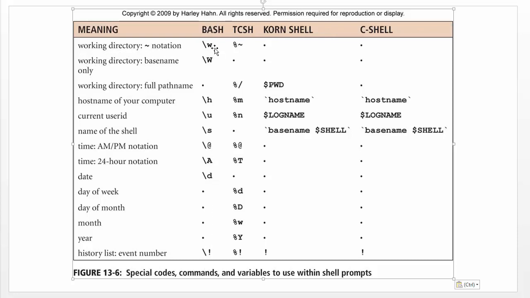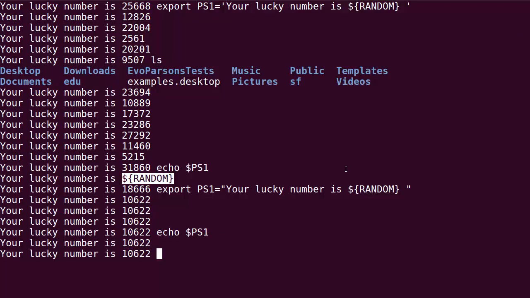It shows you the different codes that you can use in PS1 to indicate that you want to insert some special value, okay? So for example, the hostname is \h. If I was going here and I said, okay, I want my PS1 to be user at hostname, and then between square brackets, I'm not sure if I need to backslash those, so I'm going to backslash them just to be sure, I want to display my current working directory, okay? And then I display a colon and a space. So if I want to pass that to actually PS1,